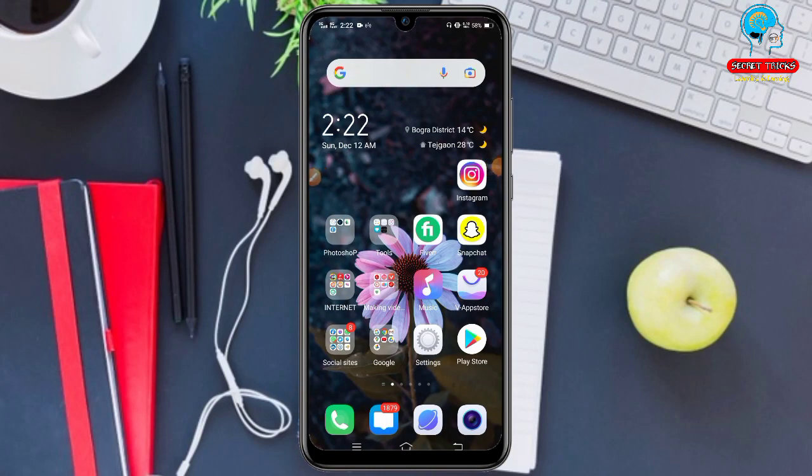So in this video I'm going to show you all how to delete your Snapchat account. Okay, so what you need to do, you need to watch the full video till the end, then you will know